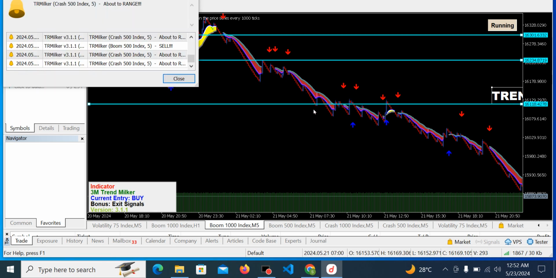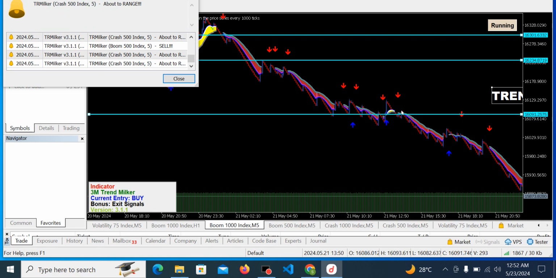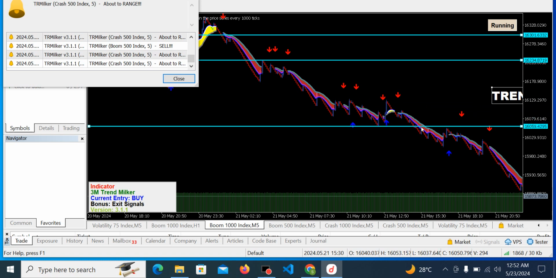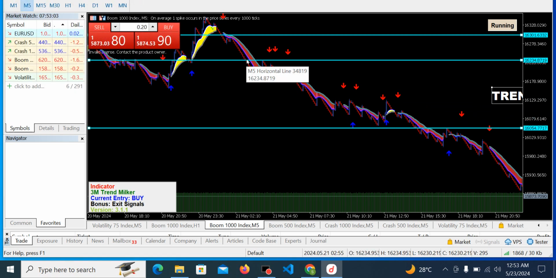As this goes down, and of course it got to this region, pulled back, went back down again, I expect you to lock up more profit for yourself. Okay guys, some of you will ask me, what if I miss out on the first opportunity given? If you missed out on this first sell arrow that came up from here, there are some other red arrows that you can take advantage of.